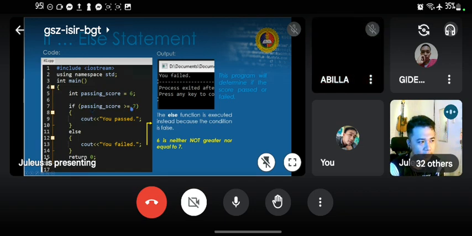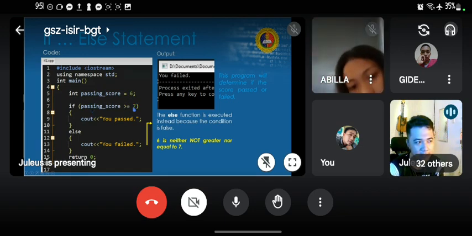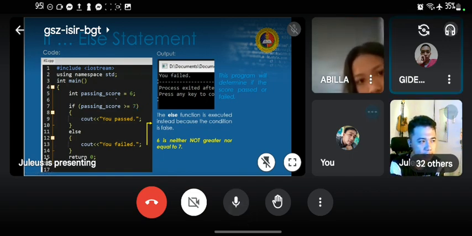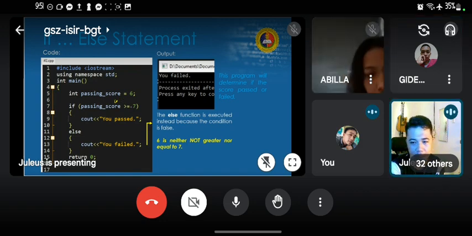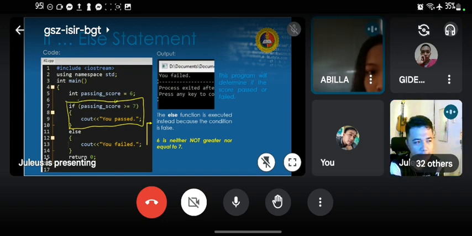So, is this true? Is 6 greater than or equal to 7? Let's compare. Is 6 greater than or equals to 7? So since it is false, do you think this code will be executed? Dili, sir. So this is false. Therefore, mo-proceed siya sa next. And that's where else comes in.